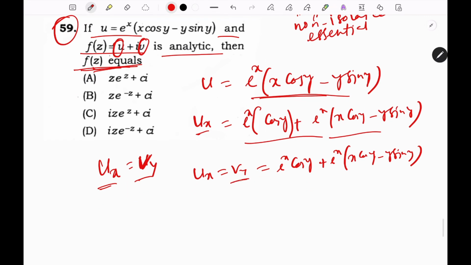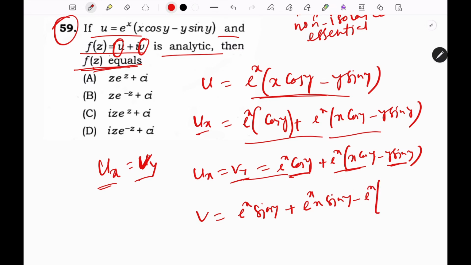Now to find v, since this is v y, integrate this with respect to y, and you will get v. The integration of e to the power x cos y with respect to y is e to the power x sin y, plus again the integration of this with respect to y, e to the power x sin y, and the integration of this with respect to y, minus e to the power x,